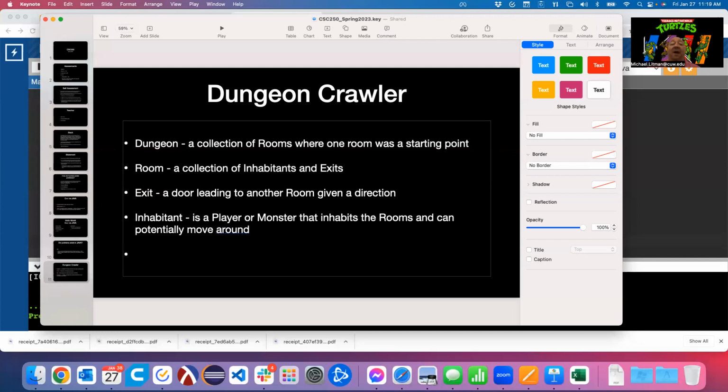So players are going to move around under our control, right? And something we're going to look at pretty quickly is monsters. They might move around under the computer's control. We're going to do some multi-threading stuff where the game has this heartbeat, maybe every second, for example, a rat rolls a random number and decides, do I leave this room or not? And which direction do I go? That way your dungeon starts feeling alive. While you're standing there, all of a sudden a rat wanders in, and he could be a really mean rat who immediately attacks, right? That kind of stuff. So we'll add a couple of things like that in there.